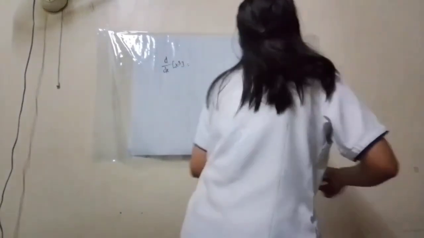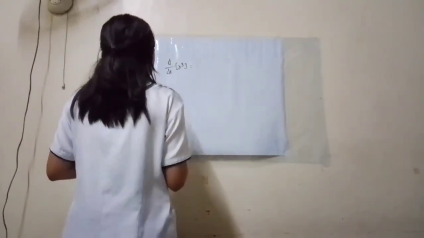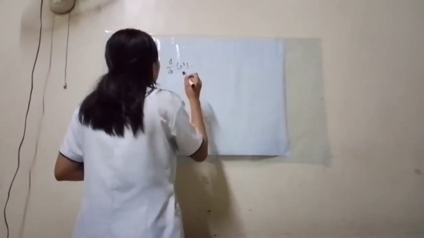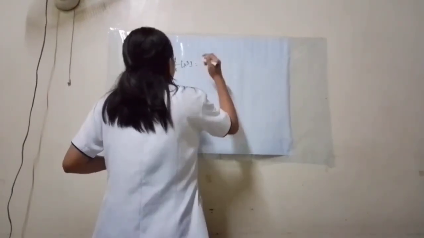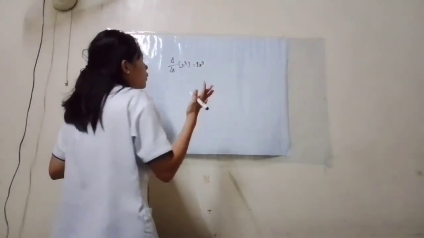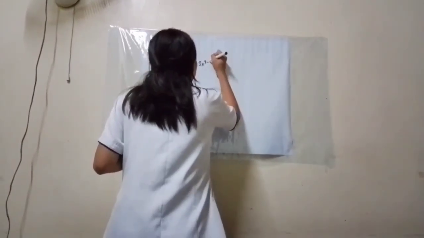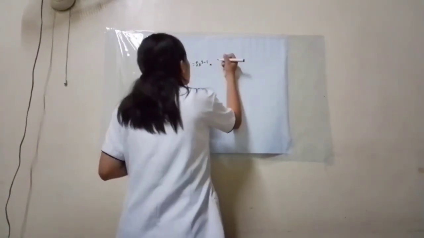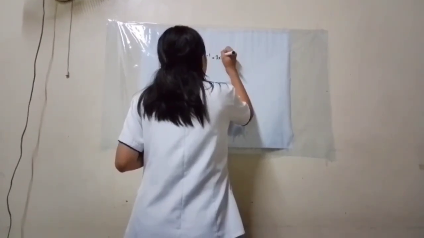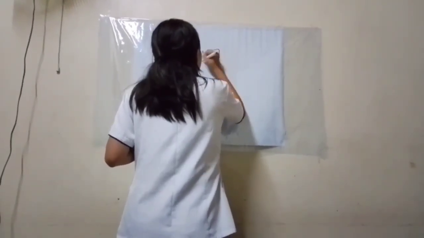Next, let's move to the power rule for integration. If we wish to find the derivative of x cubed, since it's the power rule, the n will be the exponent of x cubed, so it will be 3x over 3. Since it's the power rule, we're going to subtract 1 from 3. So 3 minus 1 will be 2, and that will be the answer, 3x squared.